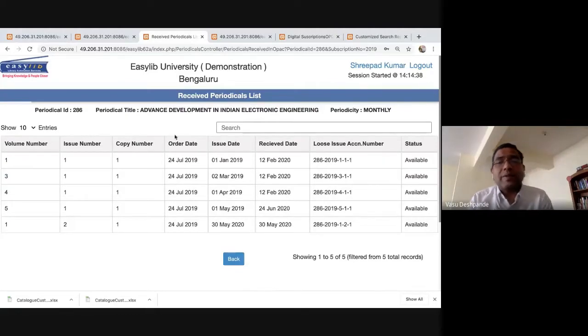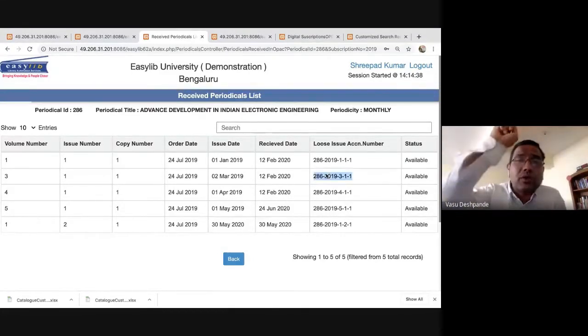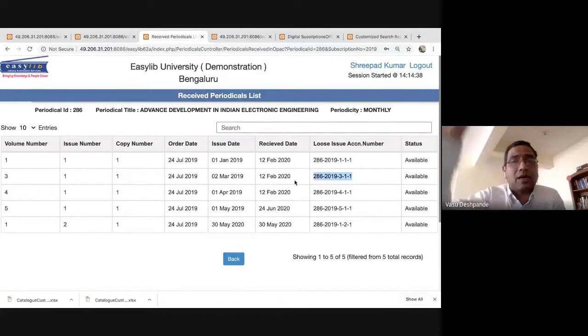So now let me see this. Okay, as an end user, I know you are telling me that this particular volume number and issue number is there. Give me a feature wherein if I click, it should go to Advances in Indian Electronics, that particular journal, in electronic mode and show me. Right now it's not there in Easylib. So what you can do,